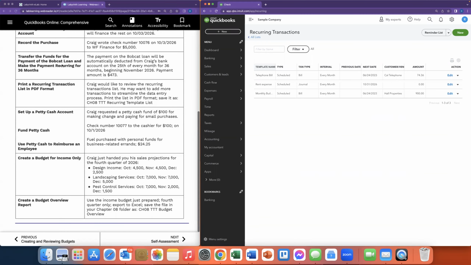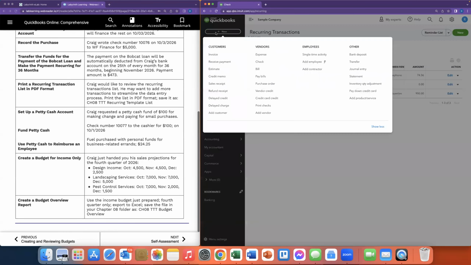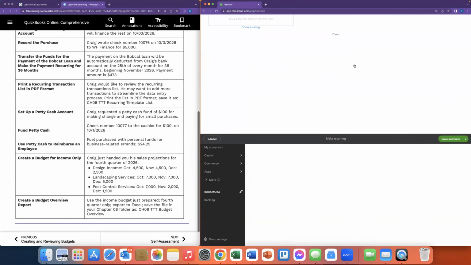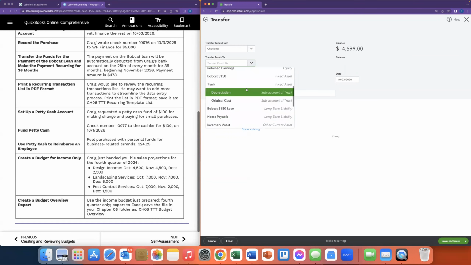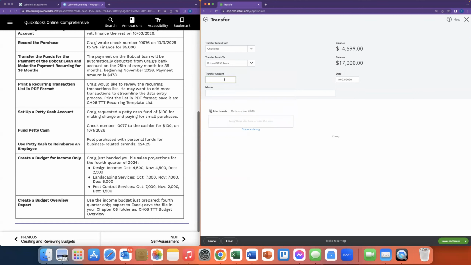Okay, so now we're transferring the funds for the payment of the Bobcat loan and make a payment recurring for 36 months. The payment on the Bobcat loan will be automatically deducted from Greg's bank account on the 25th of every month for 36 months beginning November 2026. Payment amount is $473. Okay, transfer from checking to the Bobcat loan, $473. And then we're going to say